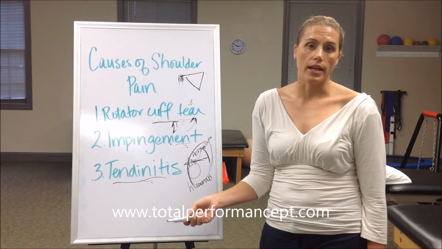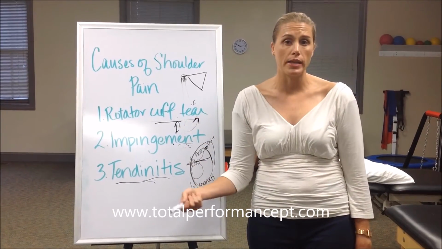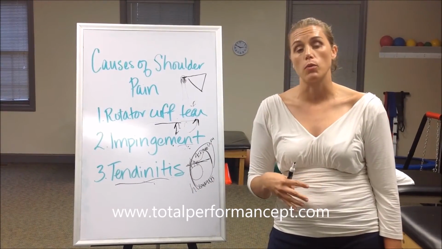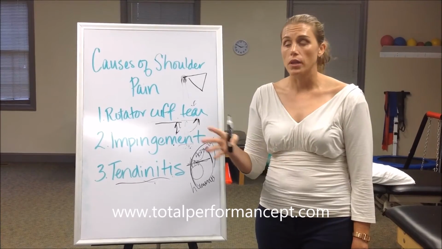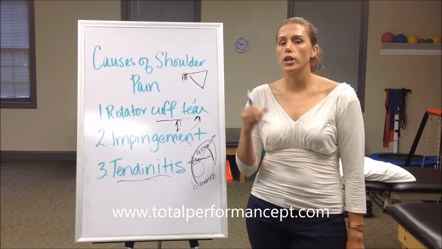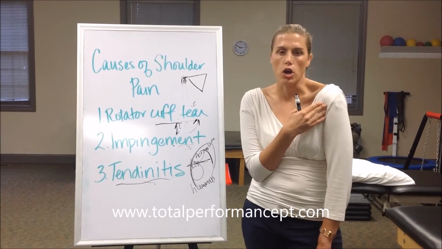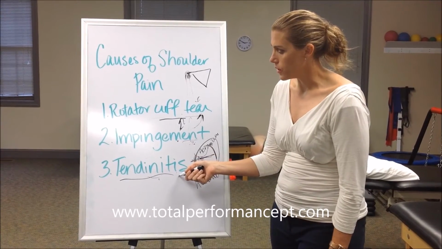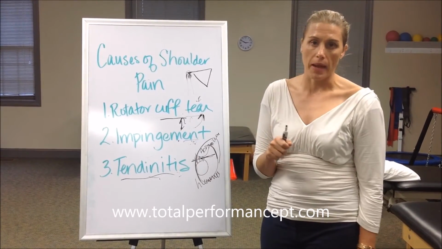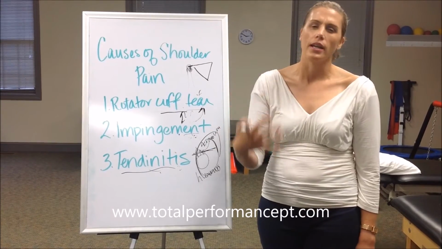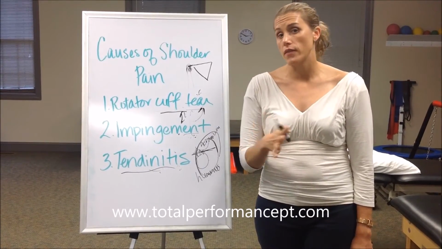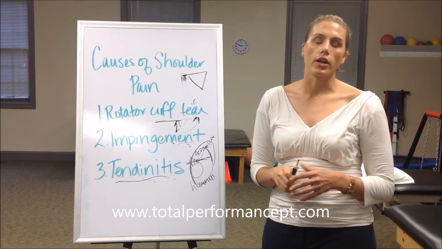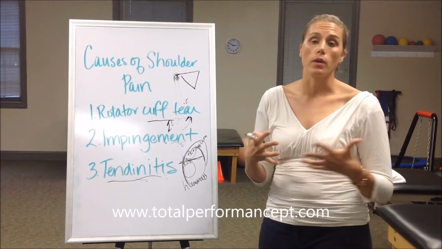Overhead athletes get a lot of tendonitis. If you do a lot of repetitious movement, you're going to have this tendonitis. Biceps tendonitis is probably one of the most common forms that we see, but like I said, there's a whole bunch of different muscles. So you're going to have aches. You're going to wake up with more of a stiff arm, and it's more of an ache than a pain, and you're going to have it the whole way through movement. Everything's going to hurt. Now, maybe one or two specific movements hurt more, depending on where the muscle is more active. That's totally normal, but you're going to have that dull ache, and it can lead to a sharper pain